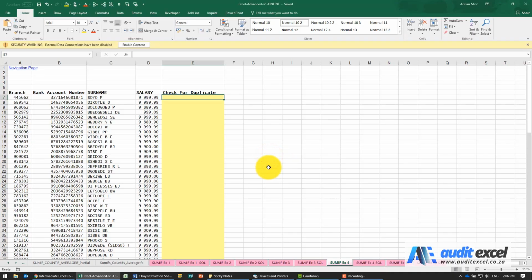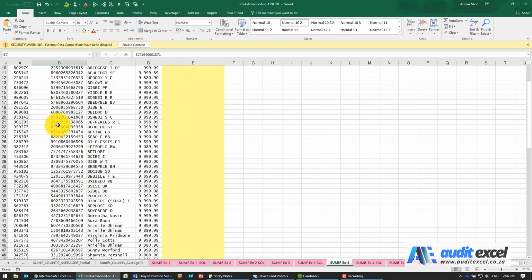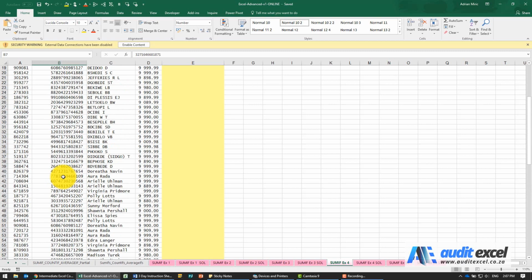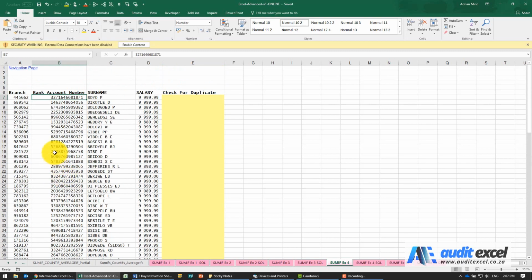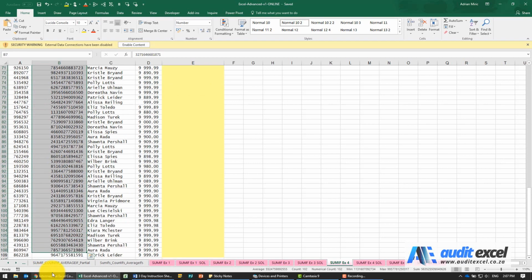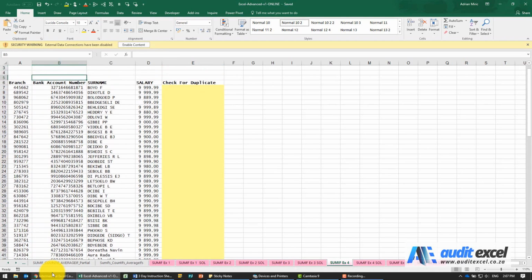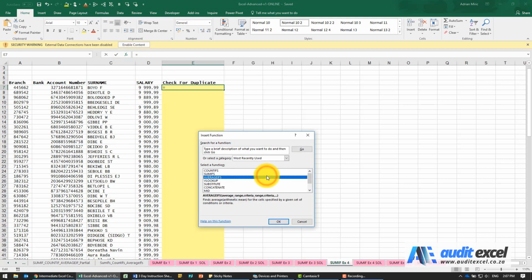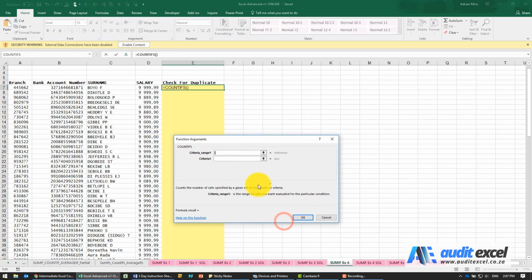The solution to this example, so what we need to do is we need to check, does this bank account number ever appear again here? So another way of saying that is, please Excel count how many times you see this bank account number in this entire list. So what we're going to do is a COUNTIFS. So I'm going to look it up. So what is the criteria we're looking for? We're going to say, please look at that bank account number. Where must it go and look for all these bank account numbers?